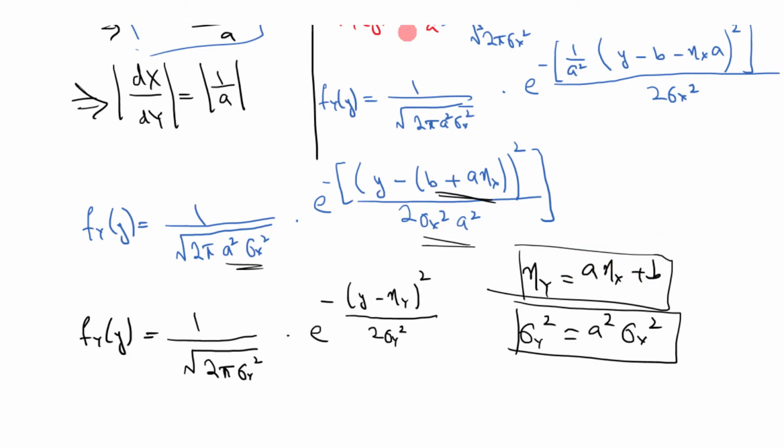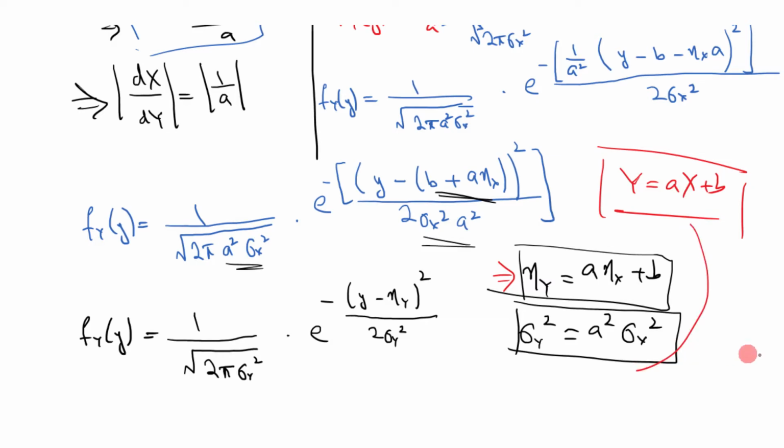So if you have a transformation like y is equal to ax plus b, and you apply to this transformation a Gaussian random variable with average eta x and variance sigma x, then you will also have a Gaussian random variable at the output which has a density function fy of y expressed by this expression, in which case this average is equal to a times the average of x plus b, whereas the variance of y will be equal to a square times the variance of x.